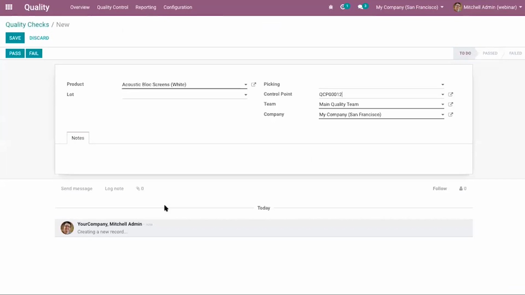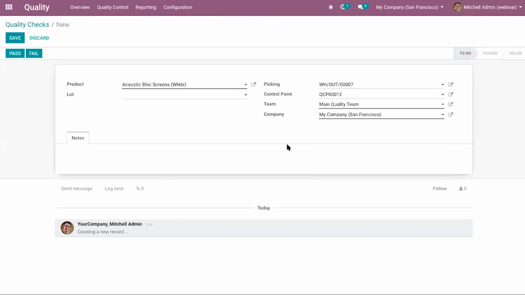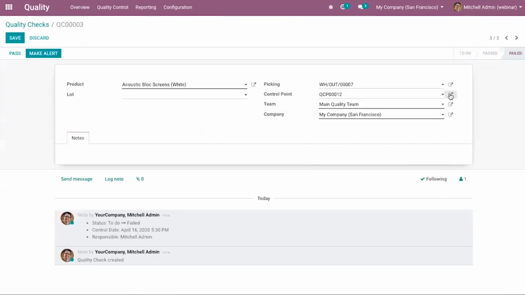So we can find the test here. By default the product and everything has been selected. Now we need to select the picking, from which delivery out we need this operation. You can find the changes here, that is pass and fail. So if I click on this one,